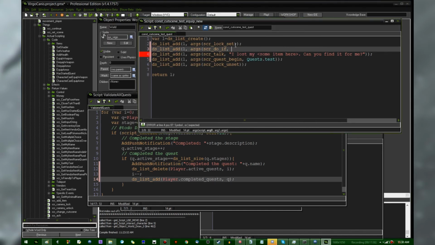The conditional script, scr_get_has, what was it, get_has_started_quest? I think that's what it is. Okay, good. Miss dot equals true, then